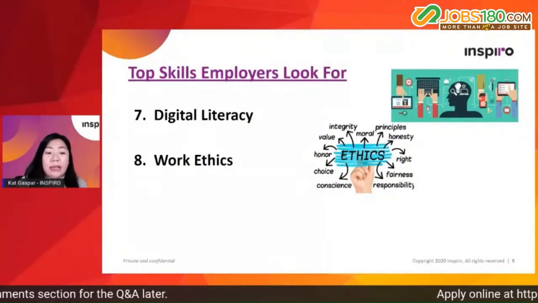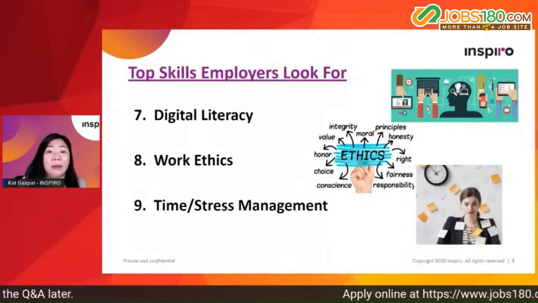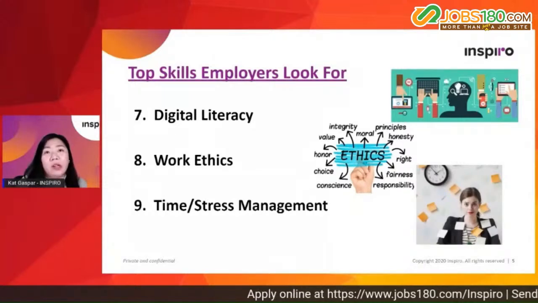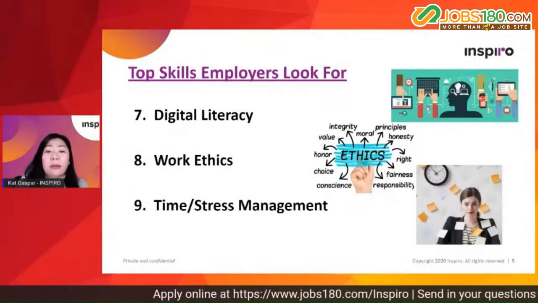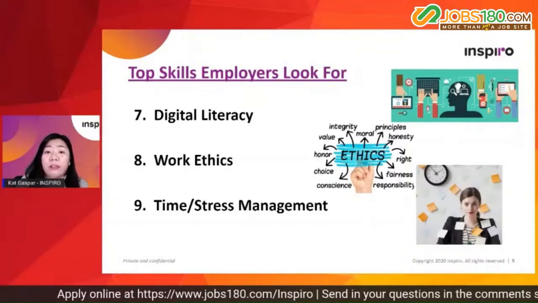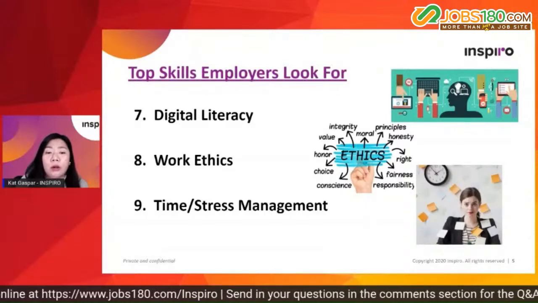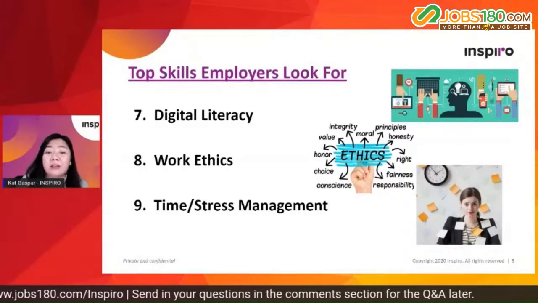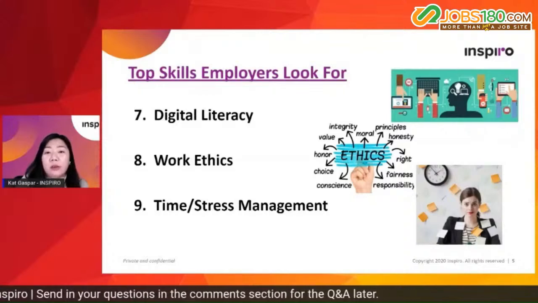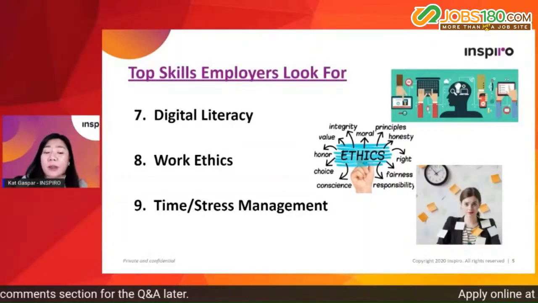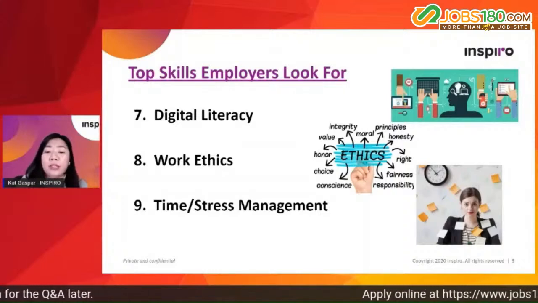And then I think the last one is time and stress management. So here we are checking if you can manage your time and be as productive as possible. You should also know how to prioritize effectively. So during the interview, you can share your study habits if you don't have your work experiences yet. But for those experienced